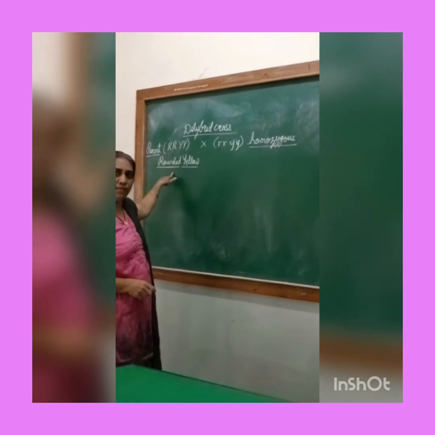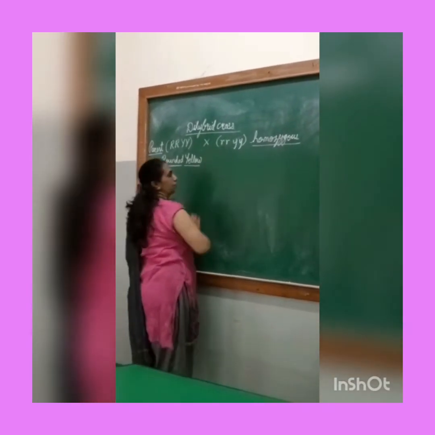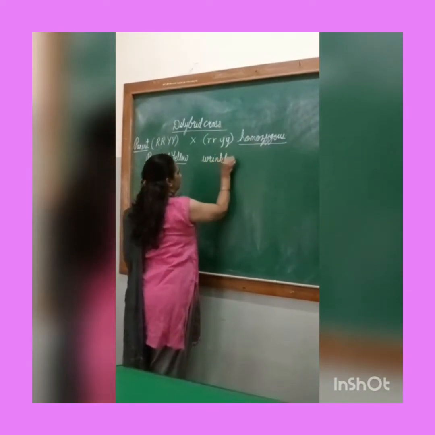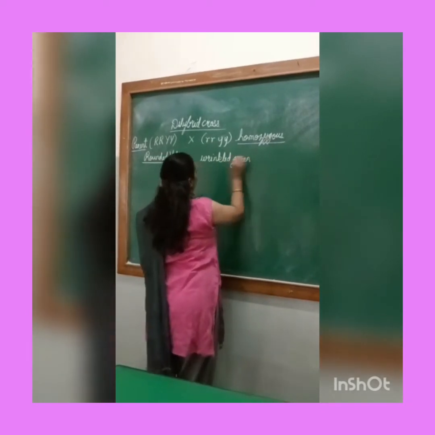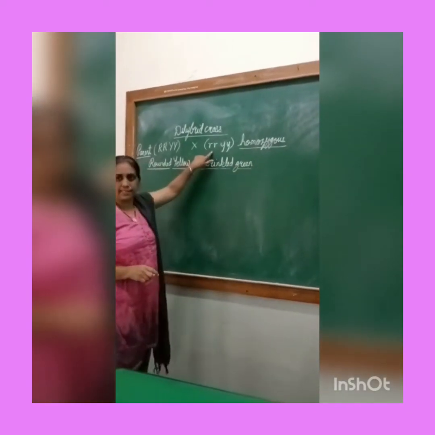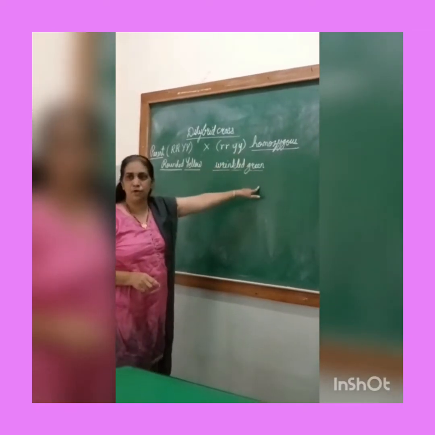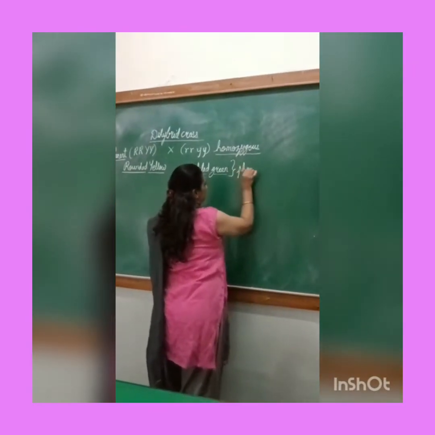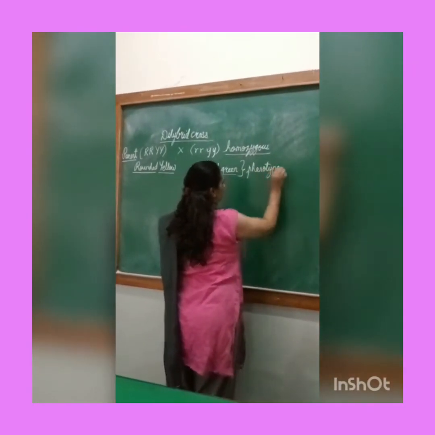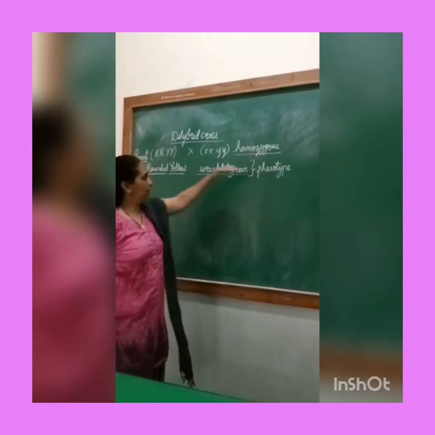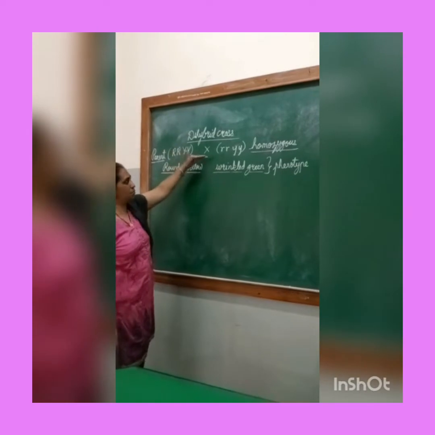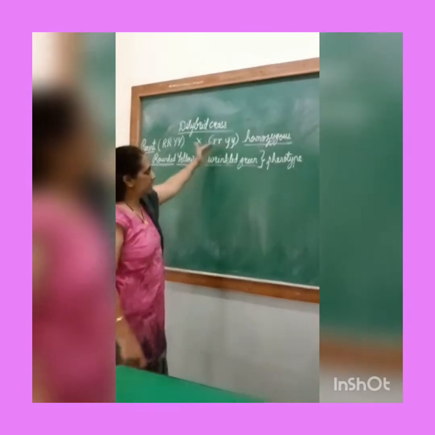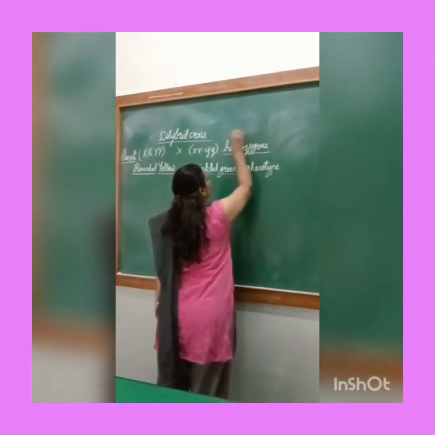That is with the dominant gene. And what is the phenotype of the second parent? This will be wrinkled and green. Small r stands for wrinkled and small y stands for green. Understood? This is the phenotype of the parental generation. And when we represent capital R, capital Y, small r, small y, we are representing the genotype. This is the homozygous genotype.